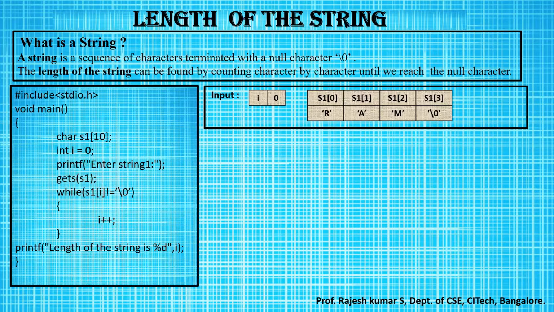So the logic behind this program is, if I want to write a program for this, I have to traverse inside the array. When I traverse inside the array, I will check whether the first value present in the array is a null value or not. If it is not a null value, I'll keep the count of it. I'll traverse to the next location of the array. Like this, I traverse until I reach the null value. Each and every time I traverse, I will increment a variable I to keep the count of how many characters are present in the array.